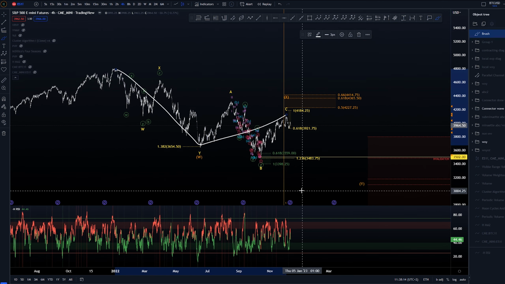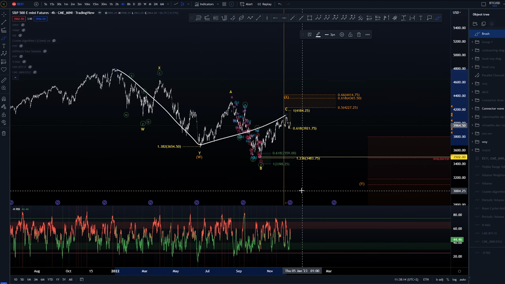This would also be the possible completion of this WXY that I was just talking about. Then we had a bit more elongated structure where we would have this as a W wave here, which would have inside it a W, X, and Y. This is very proportionate. It is really good looking in my opinion. We're getting almost to the one-to-one extension there, and in time we would be getting almost to the one-to-one extension as well. So we're not quite hitting the targets, but it is very close.